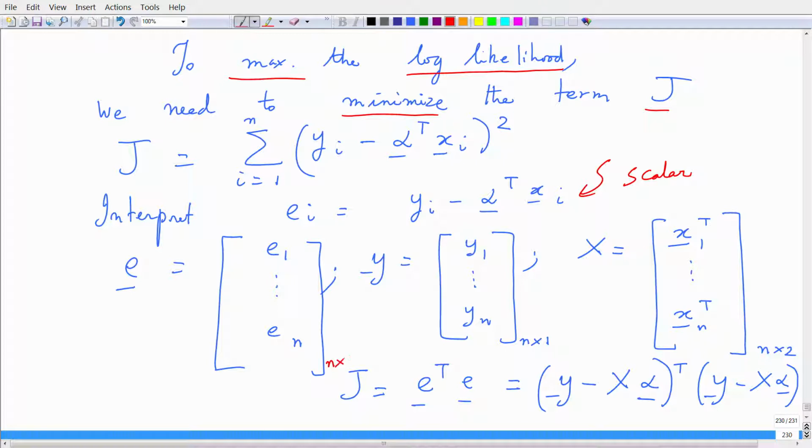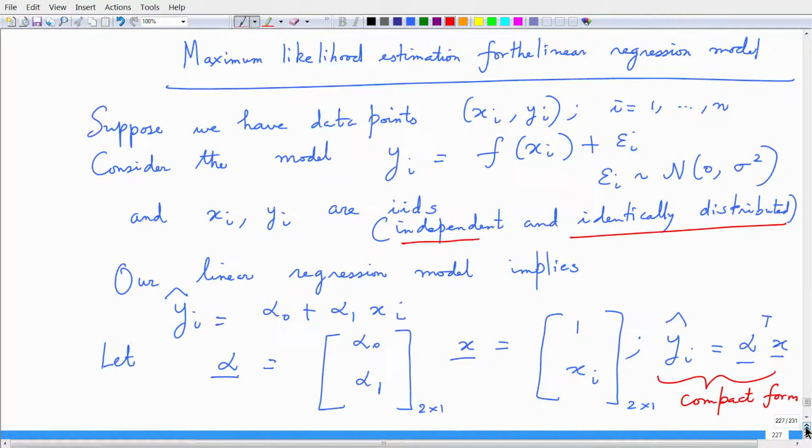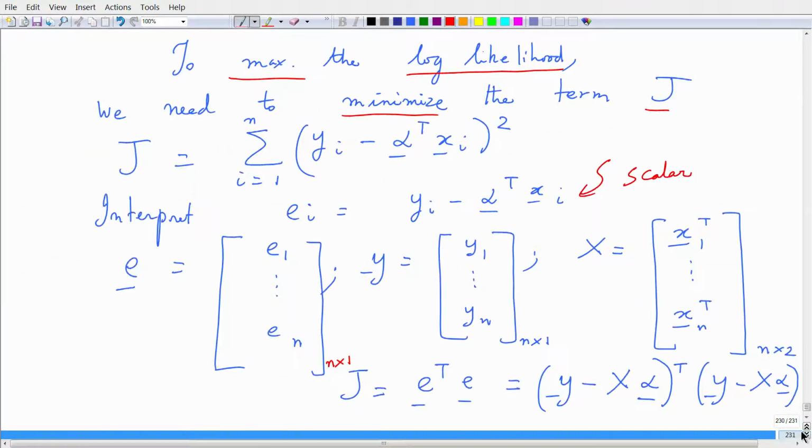This is an n by 1 vector, and y comprises of observations y1 through yn, and this is an n by 1 column vector. I formulate a matrix, which is capital X, by stacking all these vectors x1 through xn over observations 1 through n. And this x1 vector, if you recall, is this 2 by 1 vector as per our definition that we defined very early. So, going by this, we formulate a matrix equation.